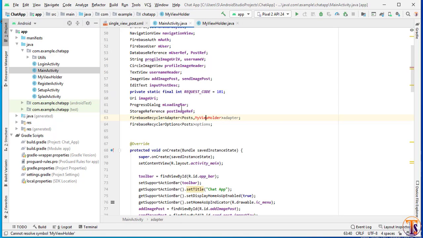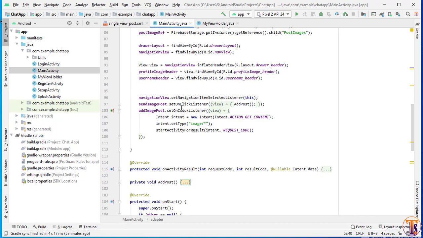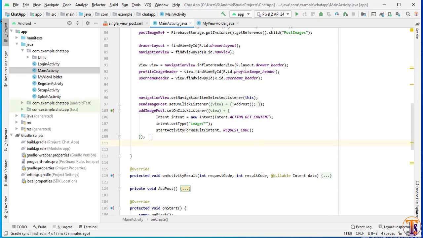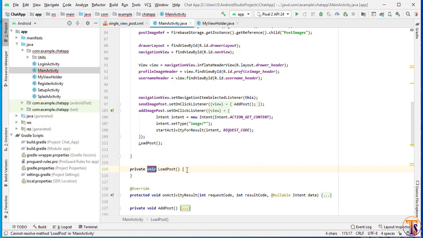Okay, now again go to main activity and here we will create a method. So here we will create the method loadPosts. Okay, now create this method loadPost.